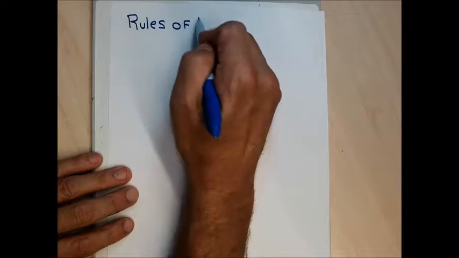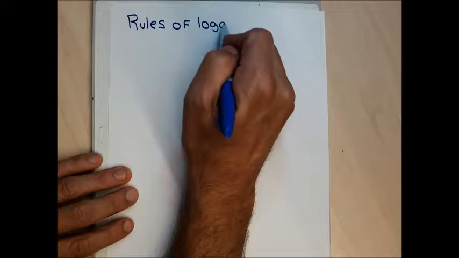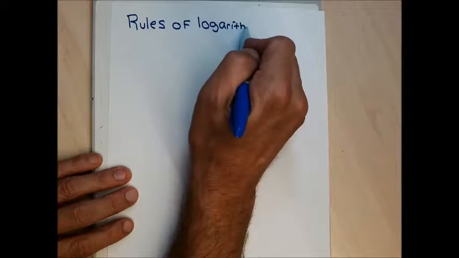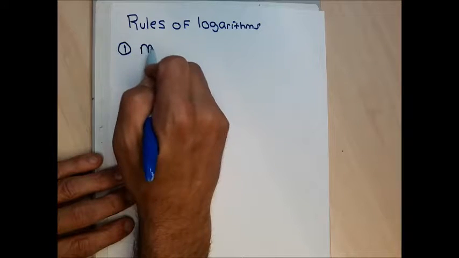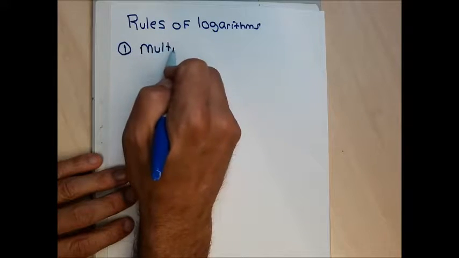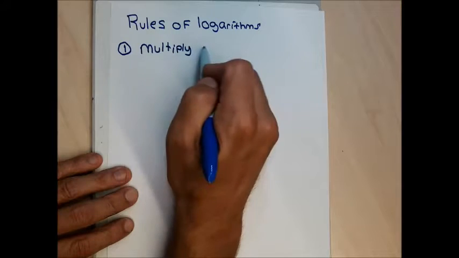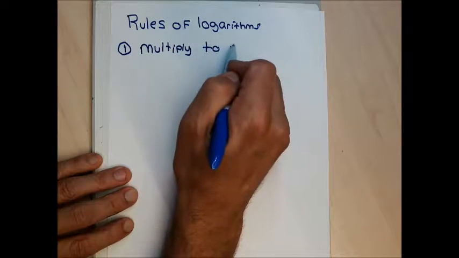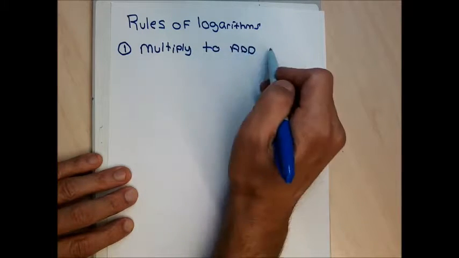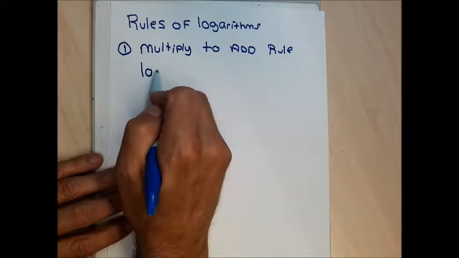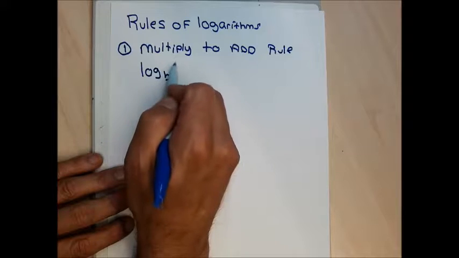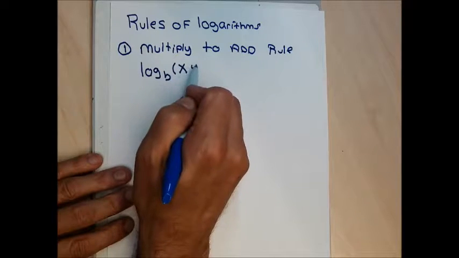The rules of logarithms that I need for the rest of the section, I give them names. The first one I'm going to call the multiply to add rule. And the multiply to add rule says that if in one logarithm, any base, we have a multiplication,